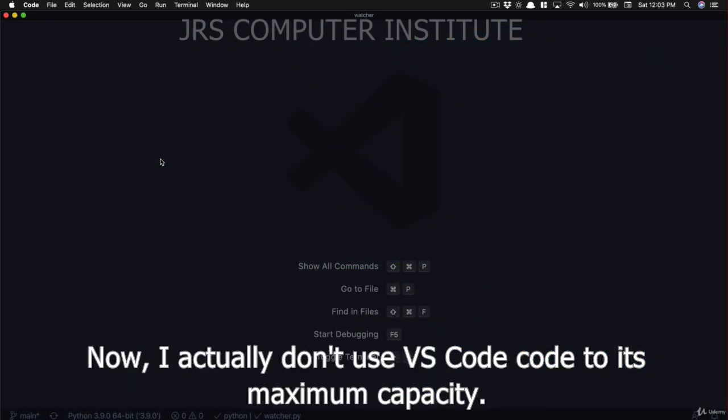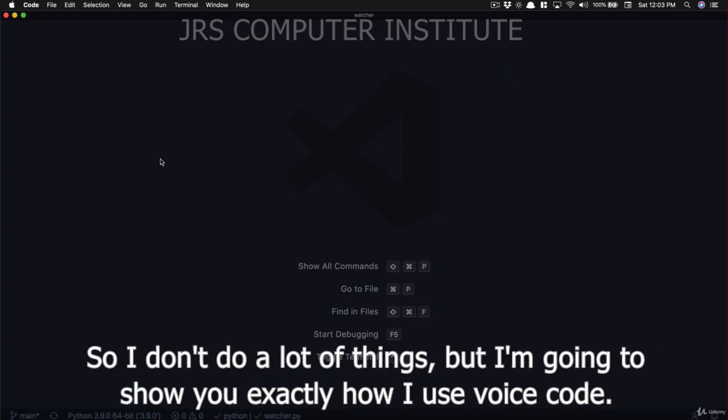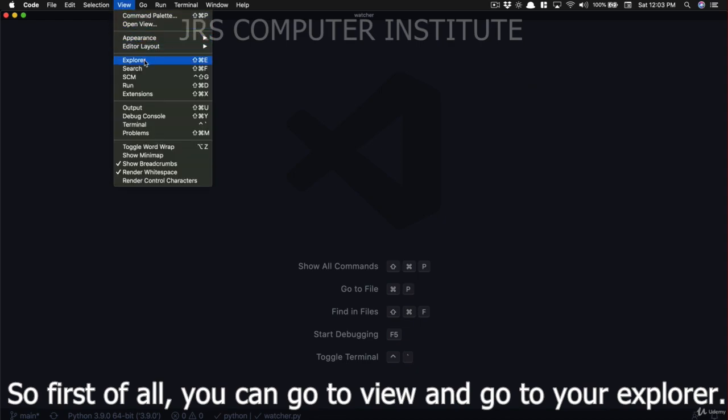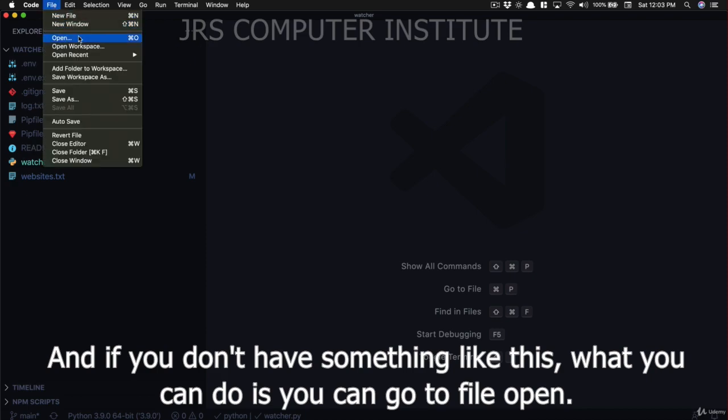Now, I actually don't use VS Code to its maximum capacity. There's a lot of things that VS Code can do, and I just simply don't need it. But I'm going to show you exactly how I use VS Code. So first of all, you can go to View and go to your Explorer. And if you don't have something like this, what you can do is go to File, Open,